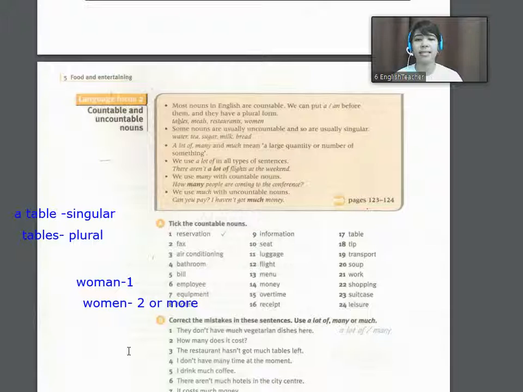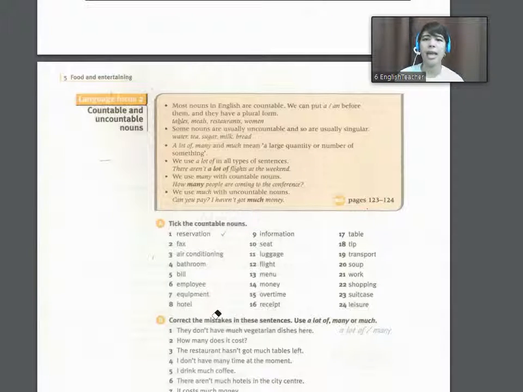Okay? So that's it. That's how it is. Do you have any questions regarding this example of countable and uncountable nouns? If you don't, then let's continue. Now, for the second bullet point, some nouns here,